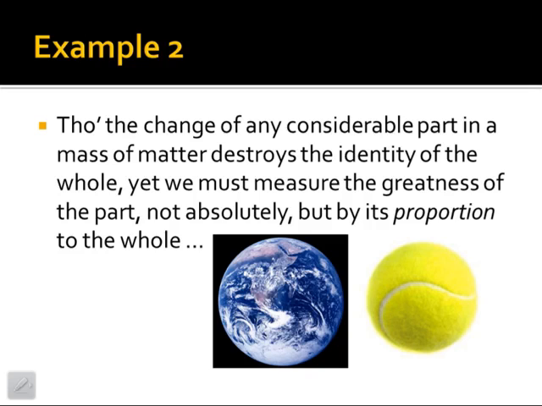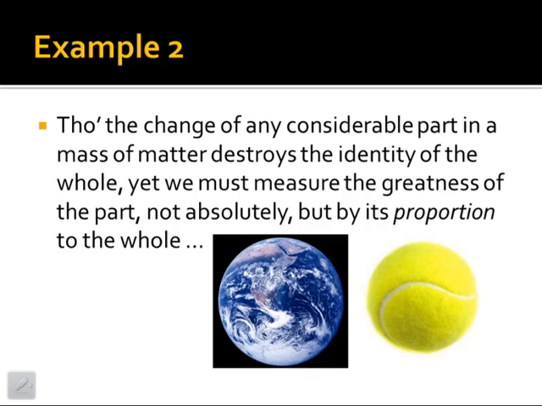So he's saying, isn't that odd that we can add a massive mountain onto the Earth and think it's not changed, and add a small, tiny pencil onto a tennis ball and think that it is changed? Okay. So can you see what he's trying to demonstrate with this example? Not completely. No. Well, he's basically saying this shows that it's all in the smoothness of the transition in our mind as to whether we think something is the same or not.